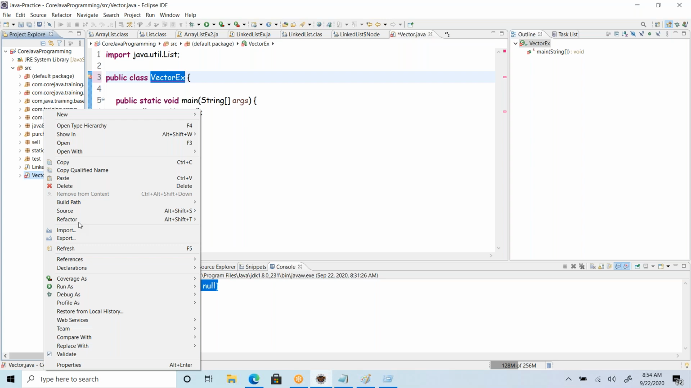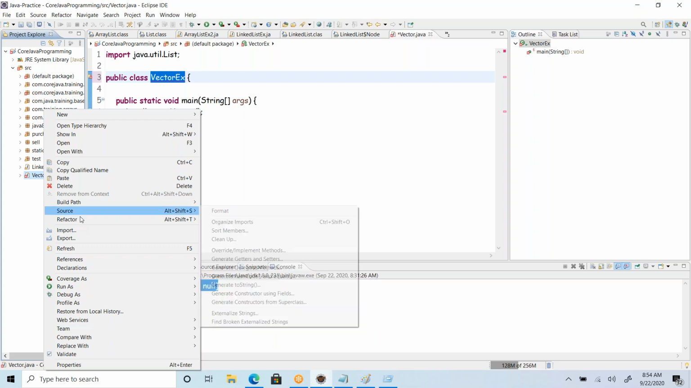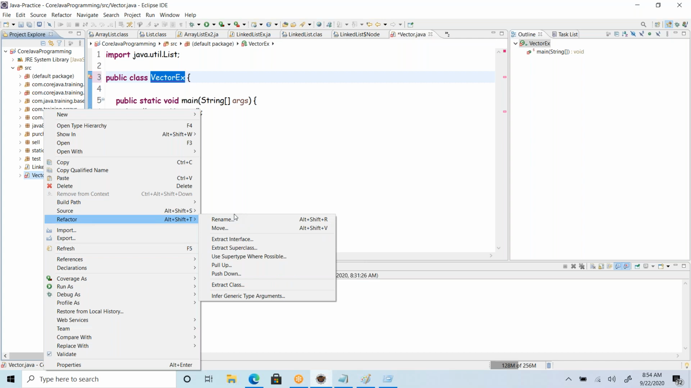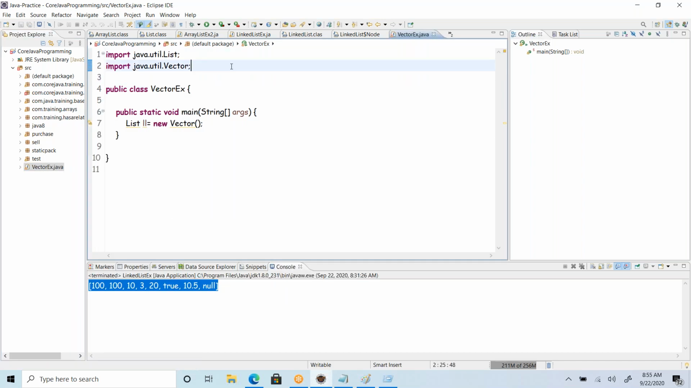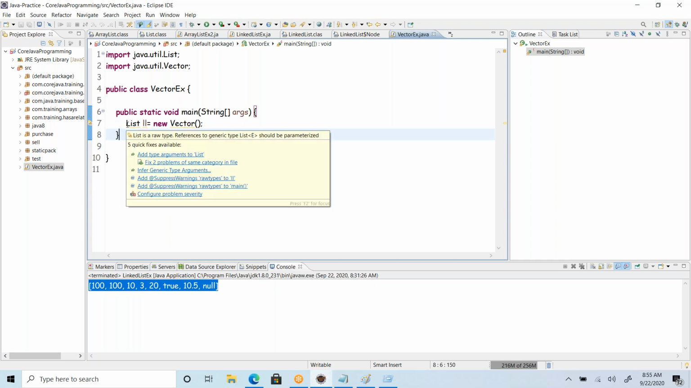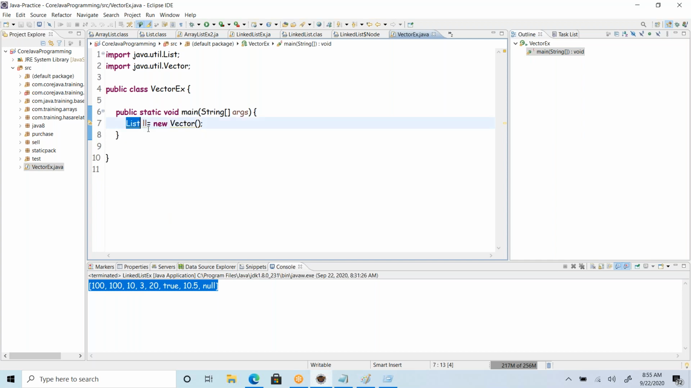This Vector I wanted to import from util. So java.util.List, java.util.Vector. Vector is a legacy class, meaning that Vector was introduced in JDK 1.0, whereas List was introduced in 1.2. But still, you can see this Vector is implemented by List. If you go to the Vector class,